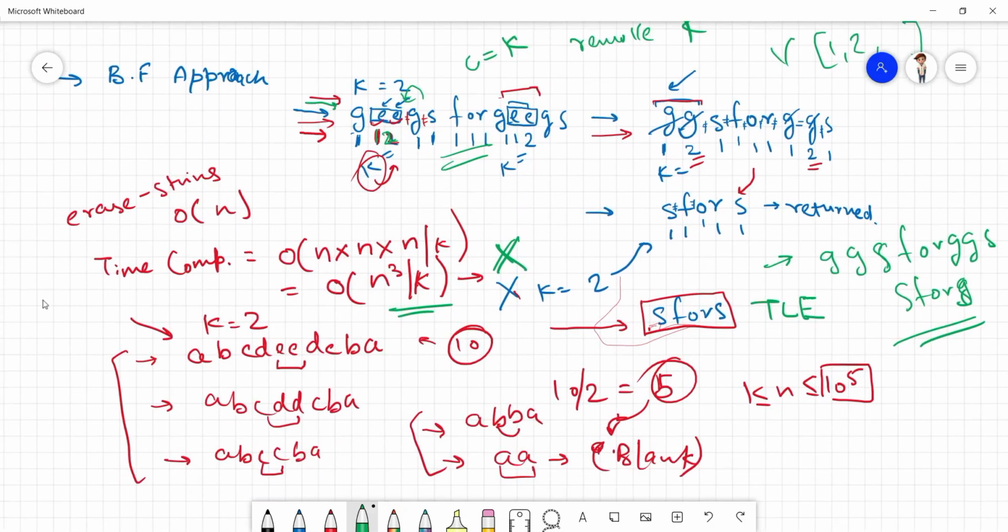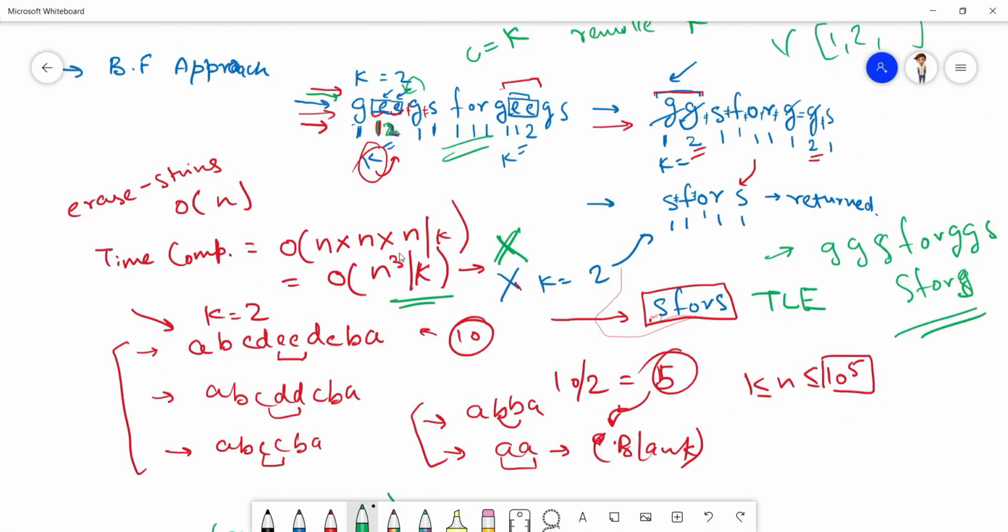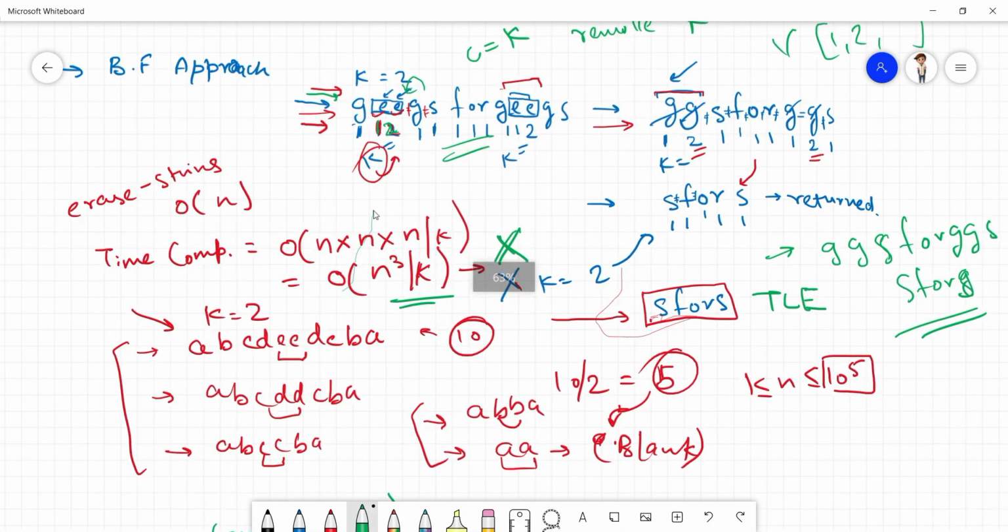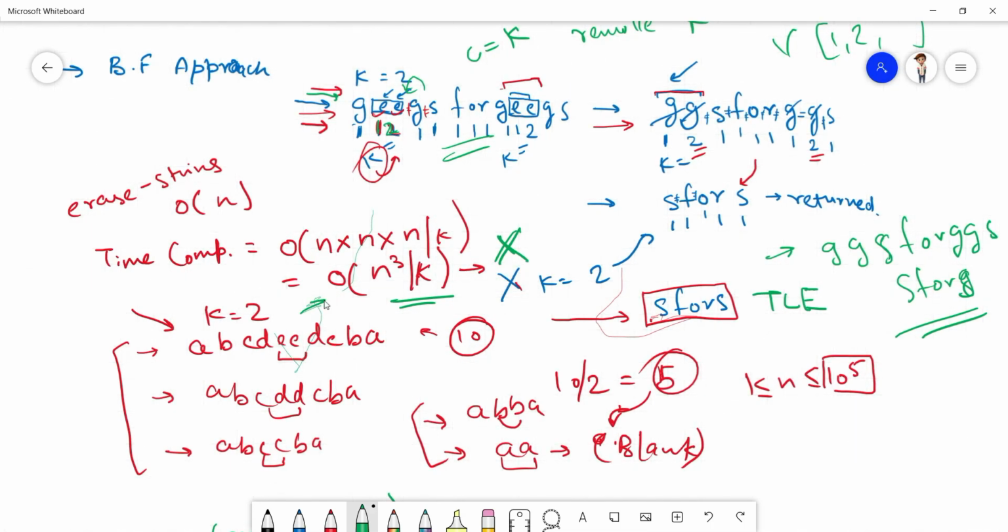We saw that the time complexity was O(n) cubed by k, because erasing from the string is linear in time, and since we are iterating over every element, we include that too, and n by k operations we have to do in the worst case.